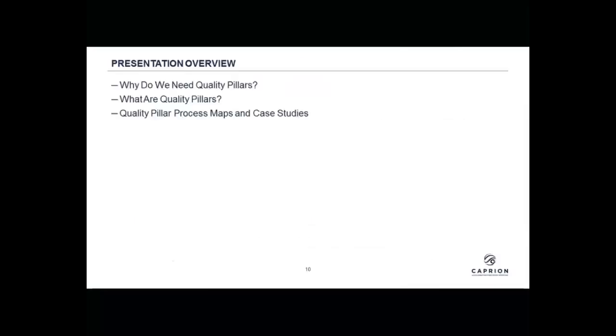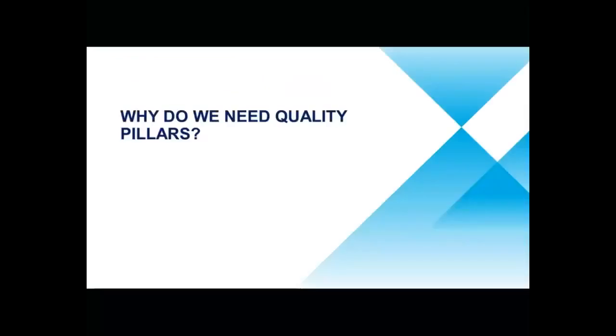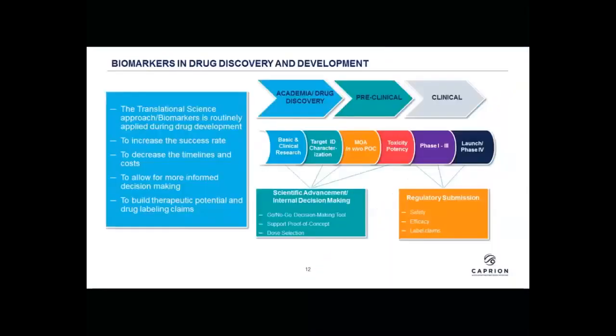Our webinar today will have three aspects. We're going to talk about quality pillars, why we need them, what they are, and then we're going to look at some quality pillar process maps and case studies. So why do we need quality pillars? Well, the big spoiler alert is that flow cytometry has an increased role now in drug discovery and development, and it's being used for more important purposes. So we need to up our game a bit in how we perform flow cytometry to support drug discovery and